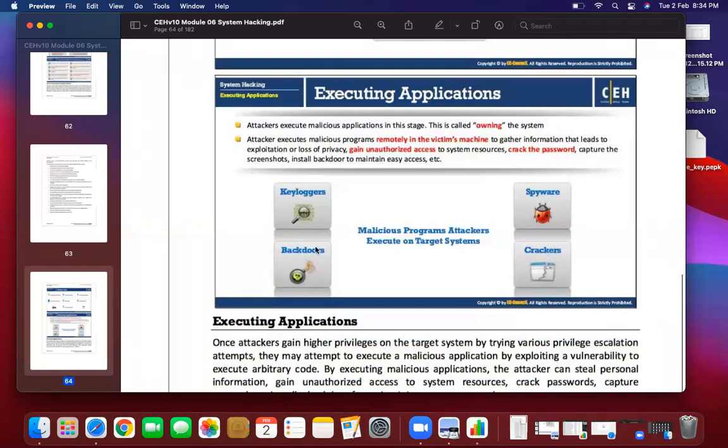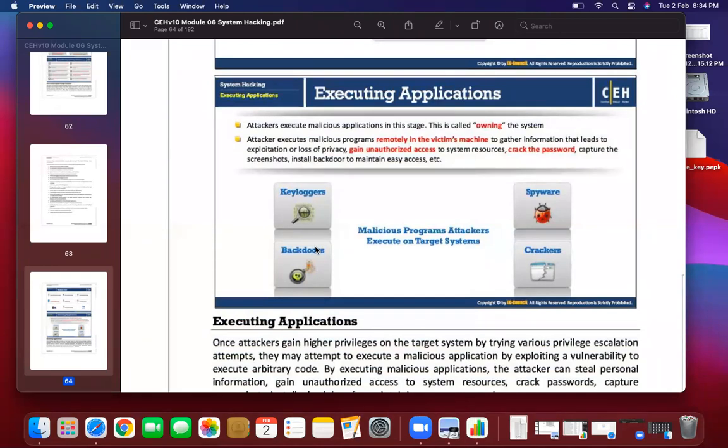Then we have backdoors. Backdoors are programs or scripts created just to gain access to the system whenever you want. A backdoor is a kind of script which is installed or executed in the system. Suppose after 2 months you want to gain access again, just execute the backdoor remotely. That's all, you will get access.